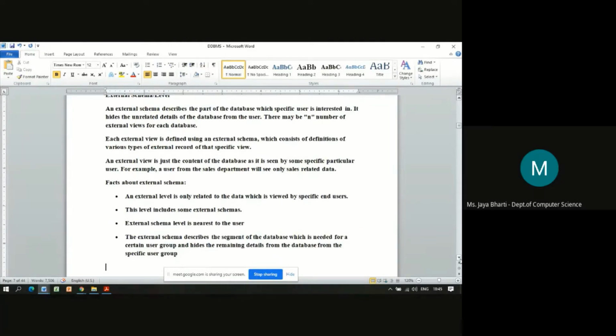Let's say I want to see the transactions that happened from a starting date to an end date. So for me as a user, the database will be of that particular date. That's why the external level schema differs as per the user needs or user request. So these are the different levels of schema in a general database management system. Fine.